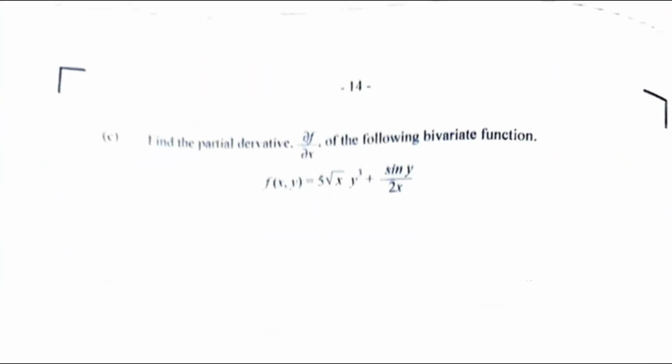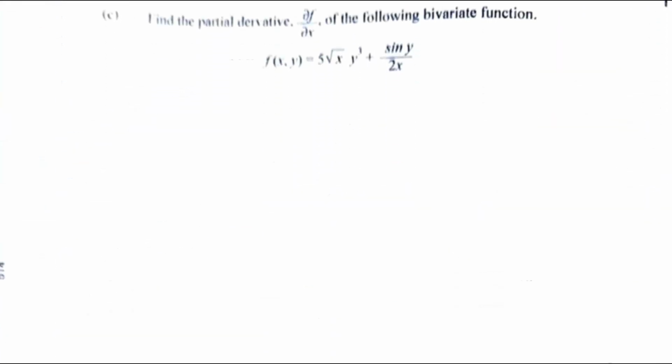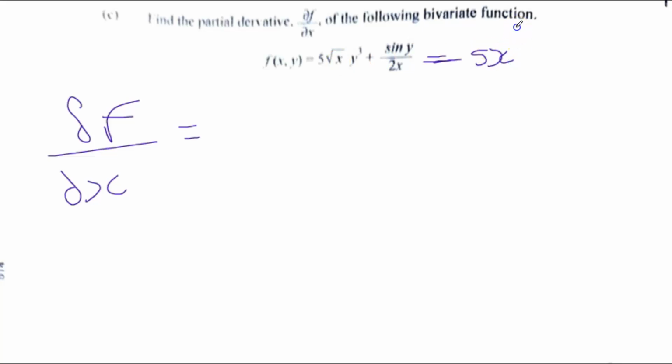Right, let's move on to part C. Find the partial derivative of the following bivariate function. Alright, so the partial derivative, and we're differentiating with respect to x, which means we're going to treat the terms in y as a constant. So look at this. So we have 5 root x times y. Let me just rewrite the function since the type is not so clear. So that's 5. By the way, root x is the same as x to the power of a half, times y cubed, plus sine y